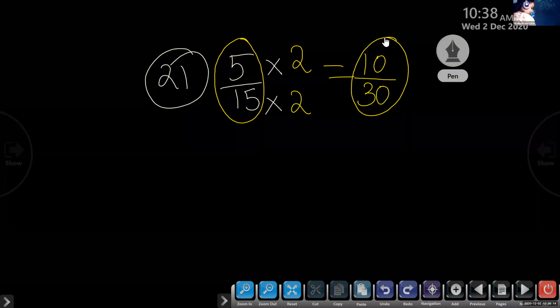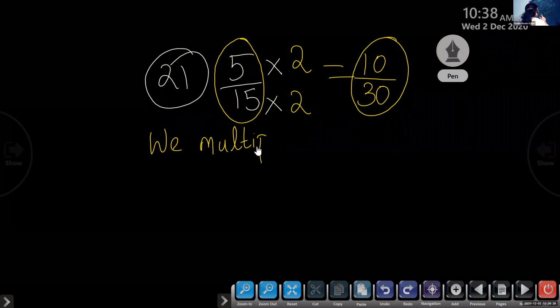So what we have done, children, we can write. We multiply the numerator and denominator of the fraction by 2. So we can write. We multiply. Sanahin, where is the book? Where is the page number? Start question number 21. Can you show me? Right now. Question number 21. Page number 6.